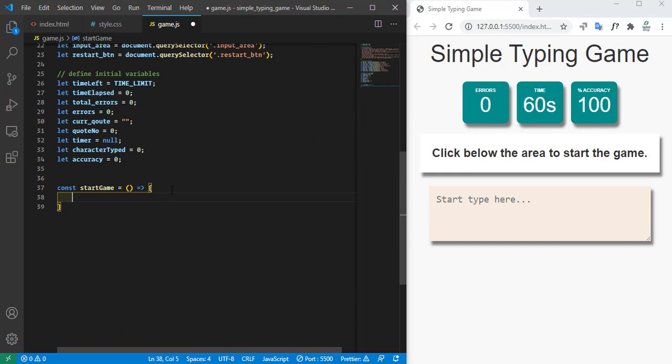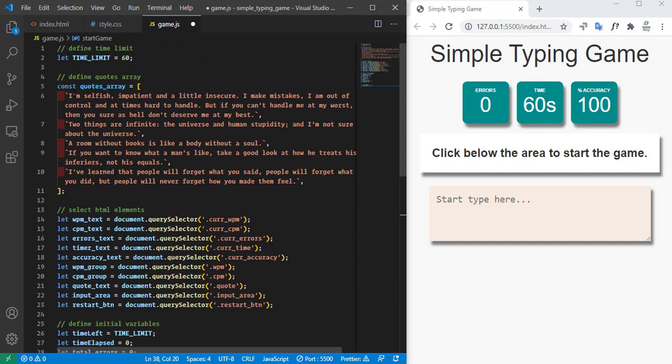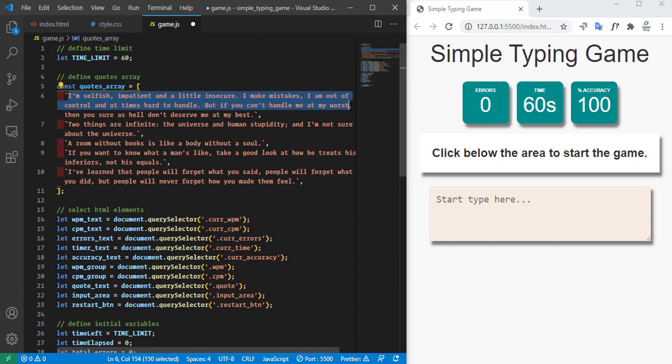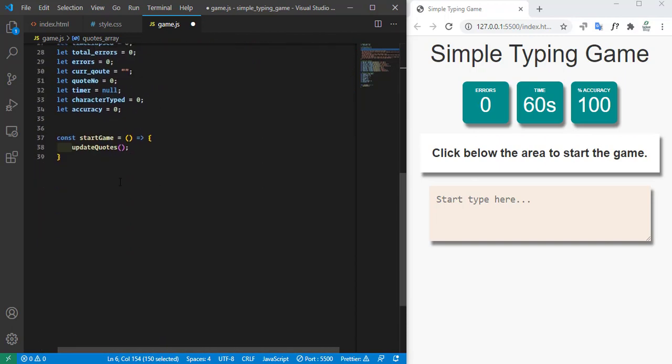Okay, now we need to have the start game, which is a function, and then we need to call another function, that is update codes, and this function will render the first code string to our code text. So create a function const update codes,